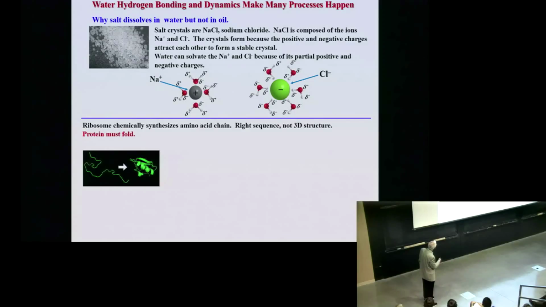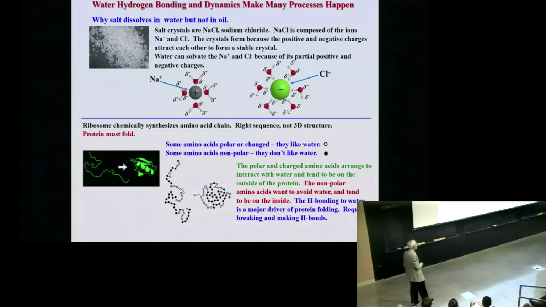That's an alpha helix. That's what's called a beta sheet. The point is, after it comes out of the ribosome as just this piece of spaghetti, it has to get into this complicated three-dimensional shape. One of the principal things that drives it is hydrogen bonding with water. The ability to form the right shape, what's called protein folding, is because water can rapidly rearrange its hydrogen bond structure